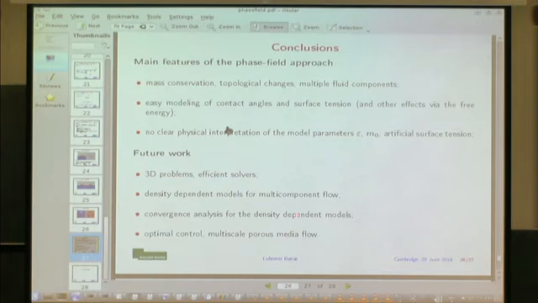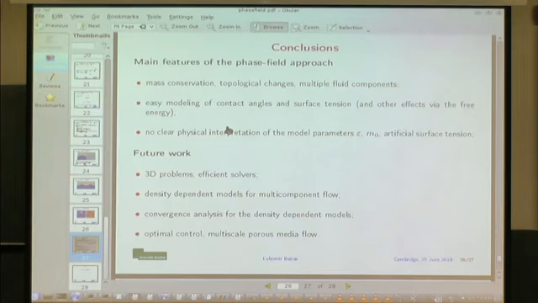So in the future, we would like to extend this approach to really get good efficient solvers so that we can solve 3D problems efficiently. We would like to have a closer look at the density-dependent problem for the multi-component flows. For instance, a corresponding thermodynamically consistent model for this formulation does not exist yet. What is open is convergence analysis of the numerical schemes for the density-dependent model, and some other aspects such as